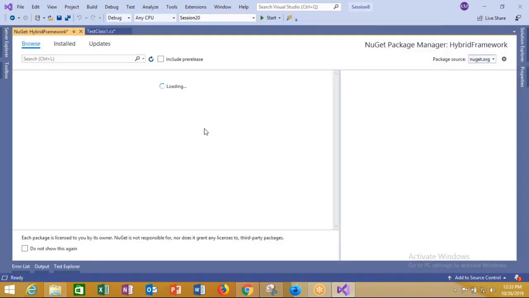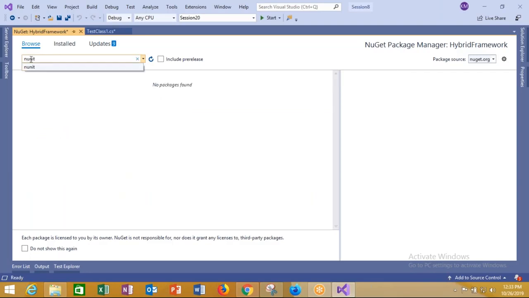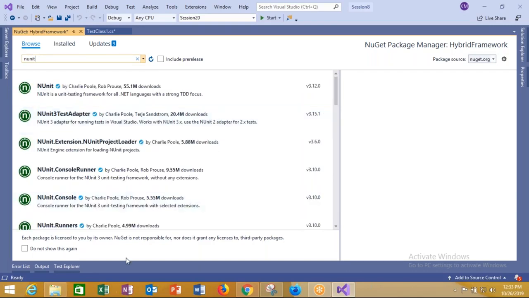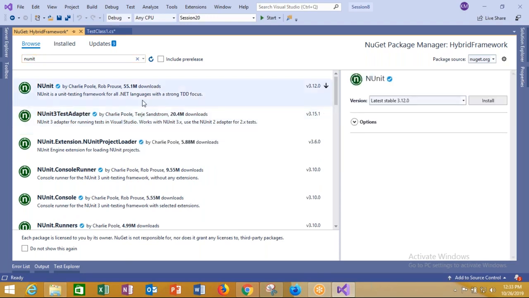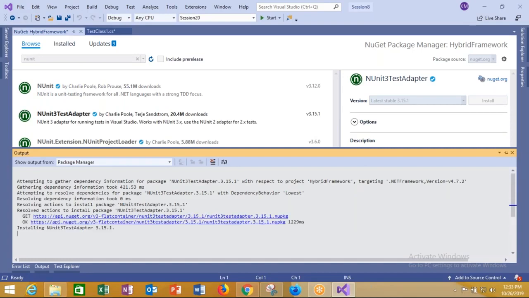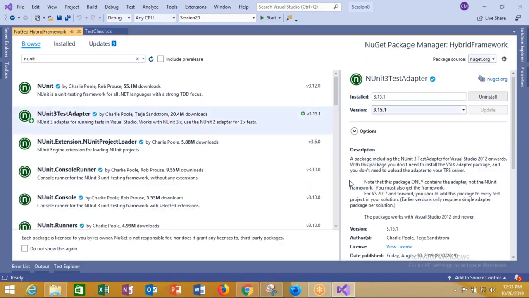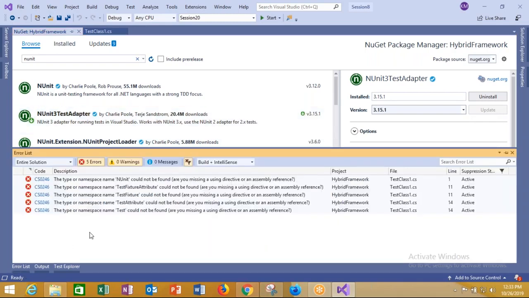Manage NuGet package. The type or namespace NUnit could not be found. Are you missing